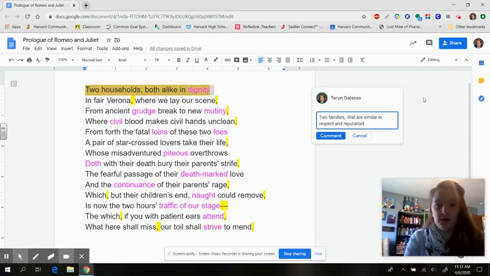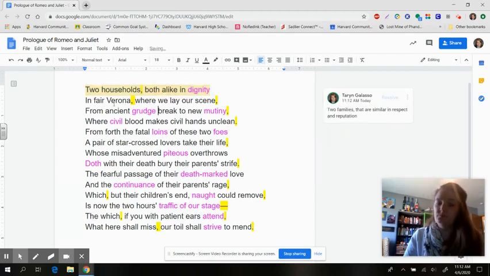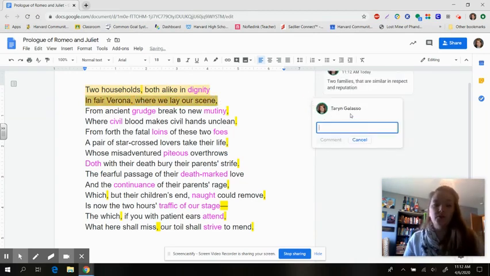And then that line is paraphrased. And then I'll move on to the next one, which is in the same sentence. So, in fair Verona, where we lay our scene. We'll start off with our first phrase, in fair Verona. So, fair often means beautiful, so that's what I'm going to use. In beautiful Verona,